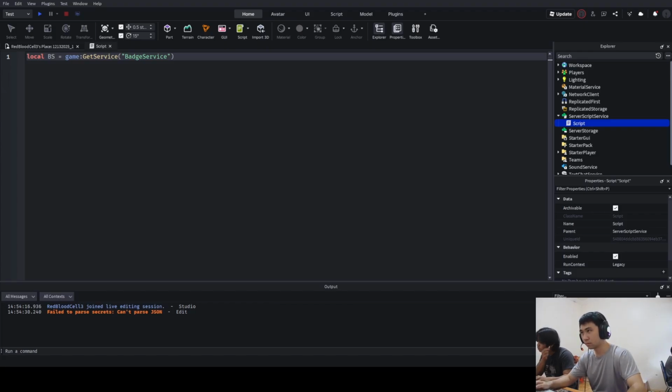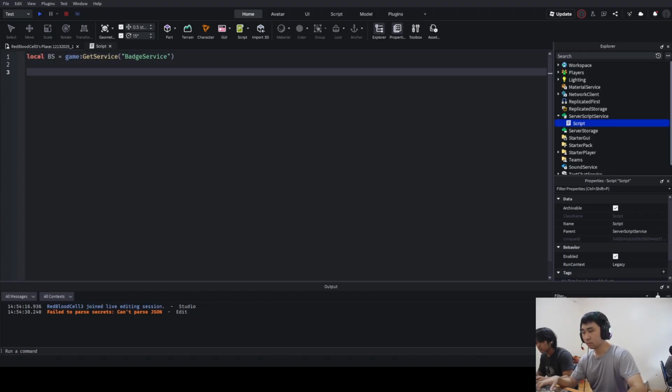How do we know which badge we're trying to give to the player? Whenever we're working with badges, in order to know which badge is associated with what, we have to refer to its badge ID. And if you want to know where the badge ID of our newly created badge is, we're going to go back to our game, hit game settings, go to monetization, and